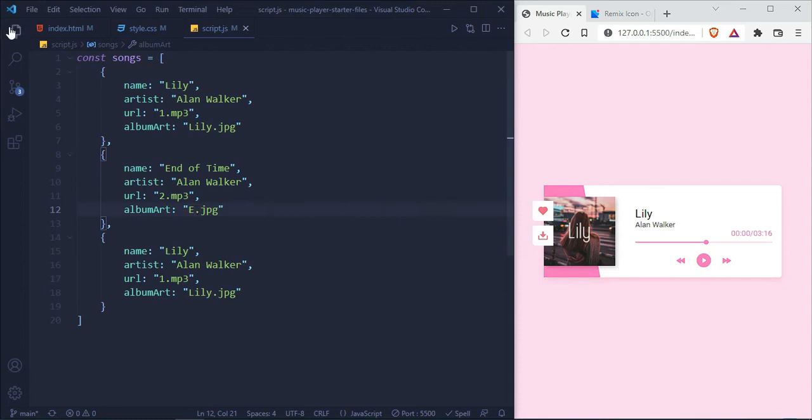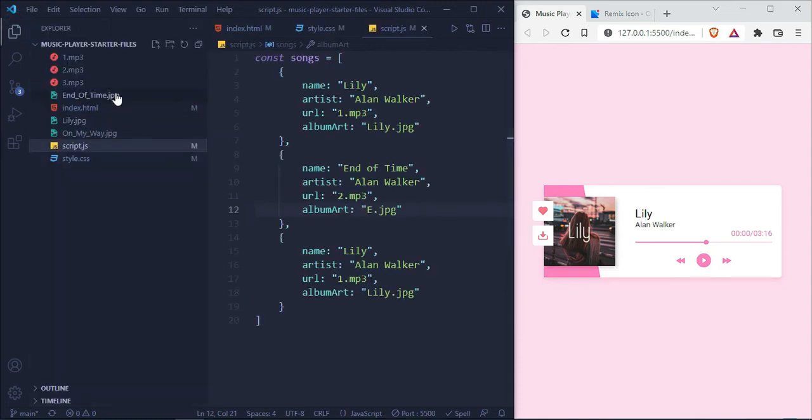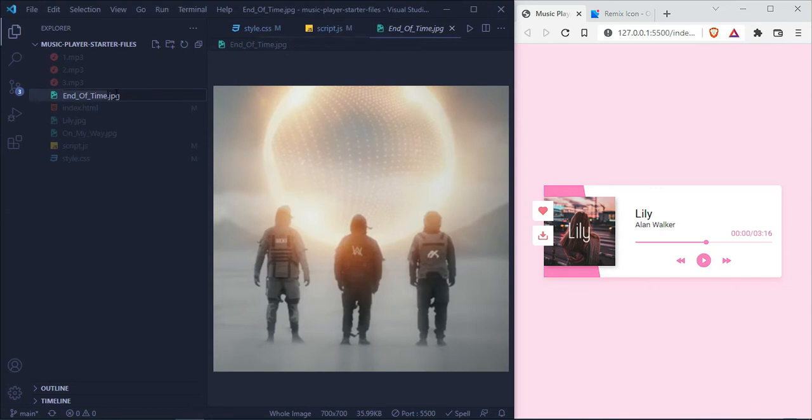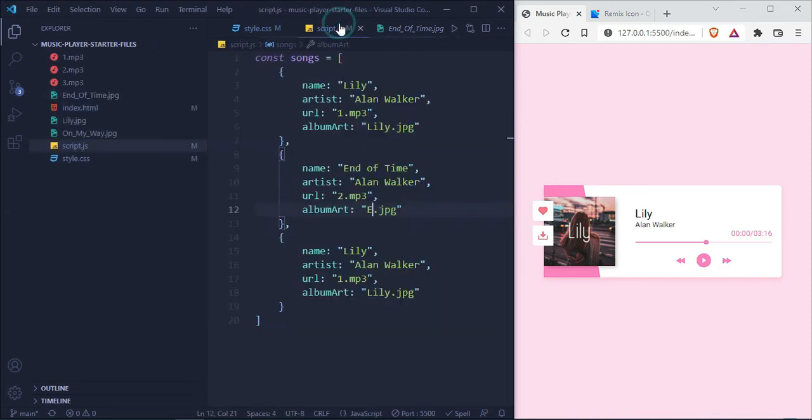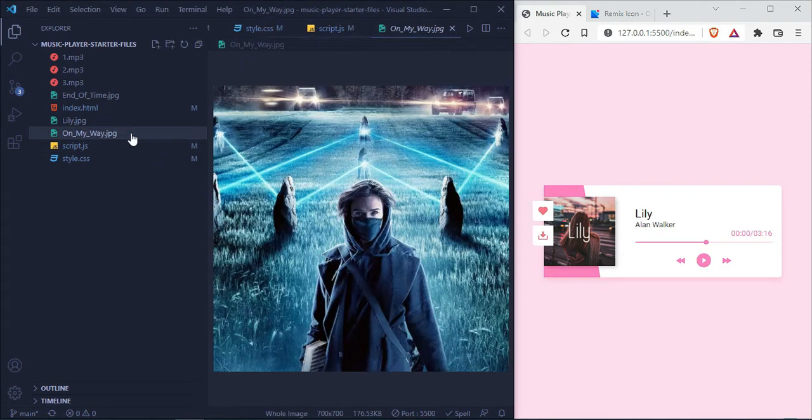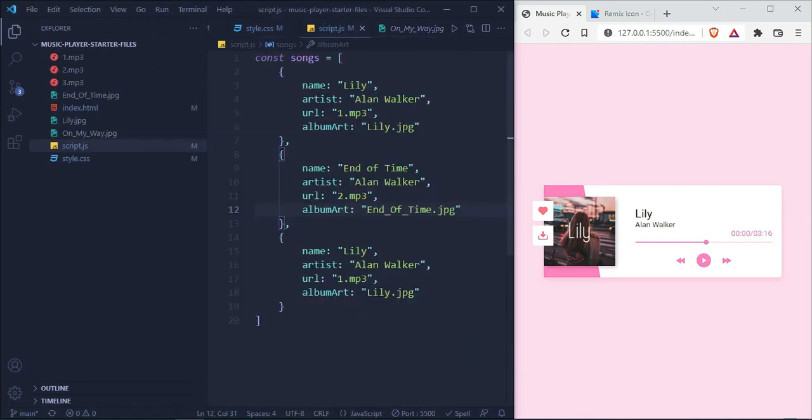And I'm going to take the exact name of the file so that nothing is going to be wrong, and I will do this for this one as well. Okay, this is our array